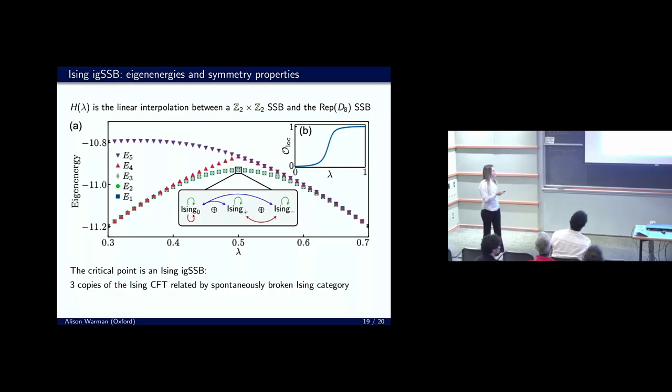And indeed, using these Hamiltonians, we can really concretely test all the SymTFT predictions. And indeed, here we get this threefold degenerate space of ground states. And analytically, we can also see that it's basically the Ising for this green symmetry, which is basically on the first qubit, times an SSB on the other 2 qubits. And numerically, we can also pick out all these